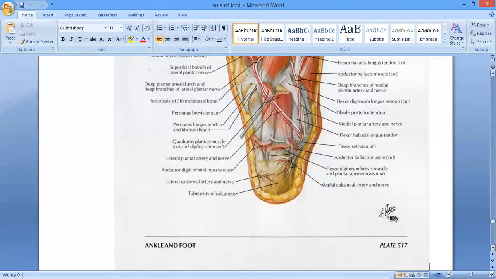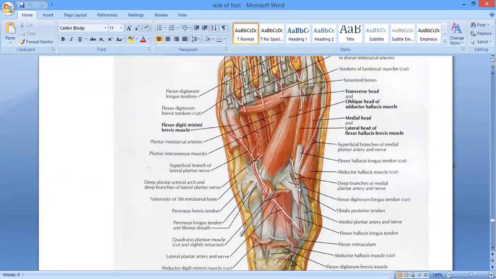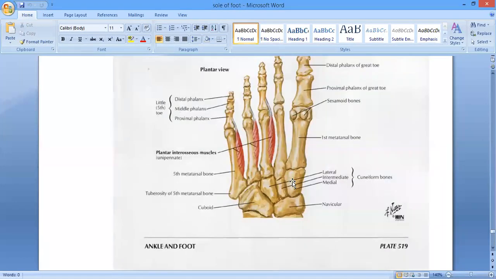Okay, and then over here you can see, deep to the flexor digitorum brevis, in between these two muscles, it is going to give a superficial branch. ठीक है जी, the superficial branch over here, which is running towards the medial aspect of the big toe. And it's going to give the deeper branch, which is basically going to terminate by giving three small superficial digital branches. ठीक है जी, यहाँ से तीन branches. I will show you what the one more is. Here you can see.